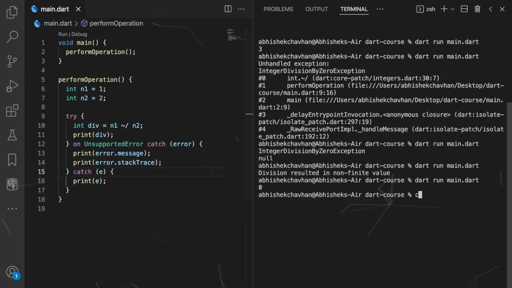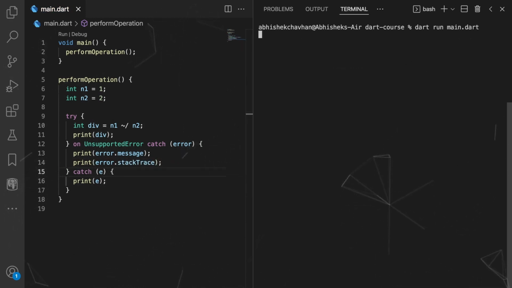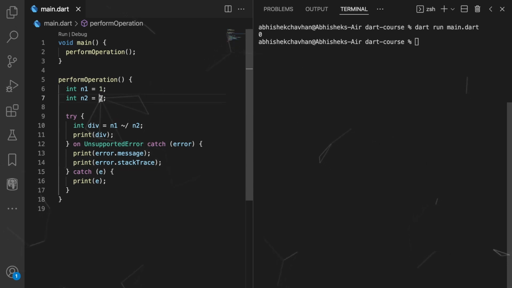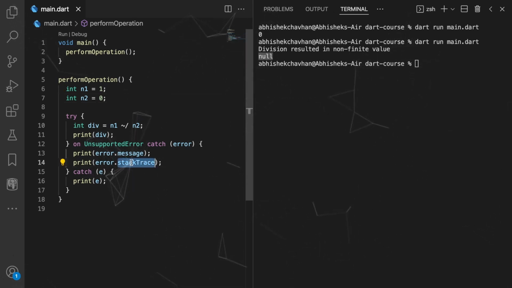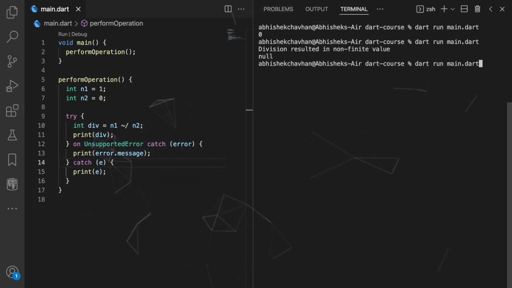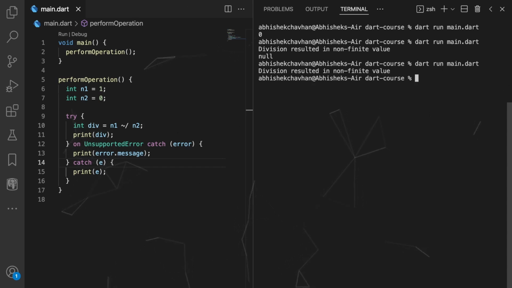So if I simply clean everything and run it one more time, let's make it 0 for now just to test our exception. You can see we'll be getting null for now because it doesn't have any stack trace, but whenever we'll be using any server or backend data, that time the following thing will be in action. We can also see the log of the trace. So right now if I remove it and simply print it out, I'll say division